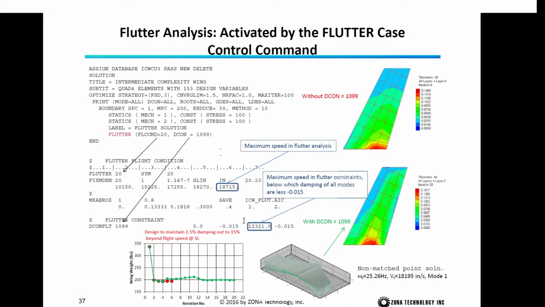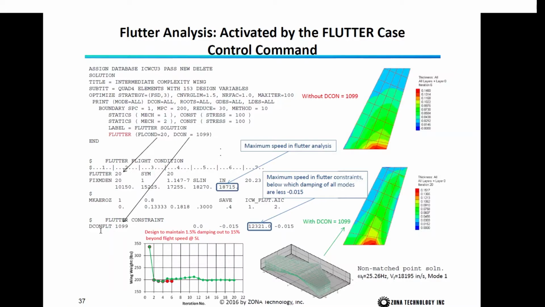And the flutter analysis is activated by the flutter case control card. So you say FLUTTER, and it refers to a FLUTTER card, and the FLUTTER card also refers to a FIXED card. This is a non-match point flutter analysis. At a given density, we list out several velocities. The highest velocity in this case is about 18,000 inches per second, and we can impose the flutter constraint